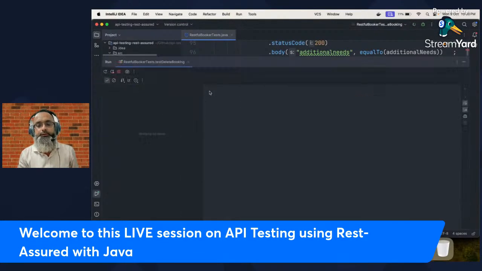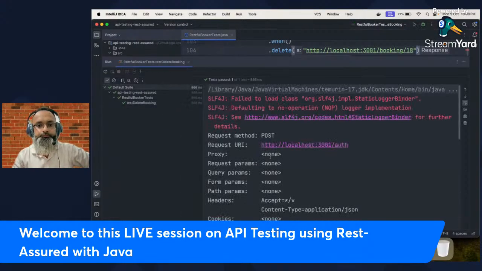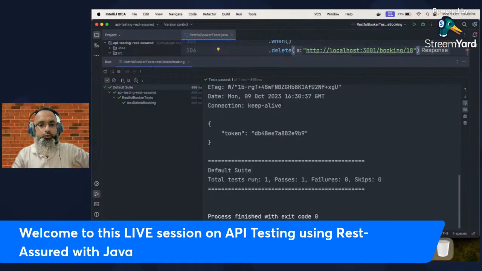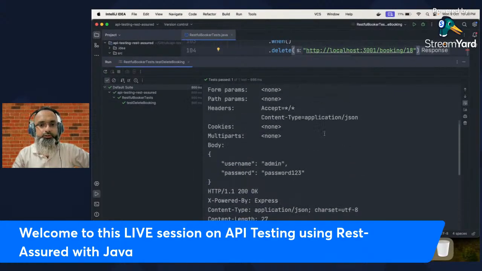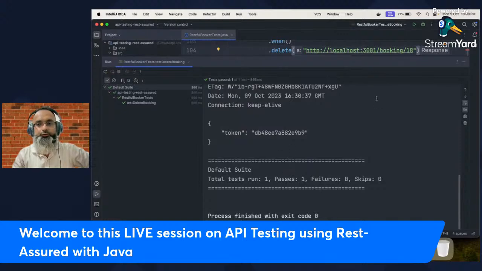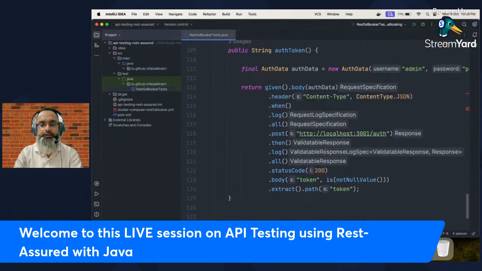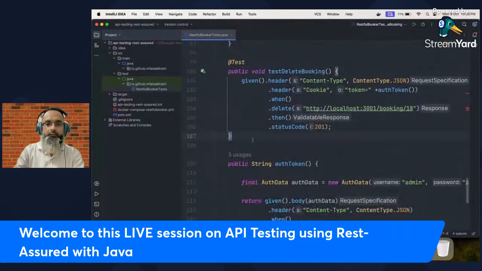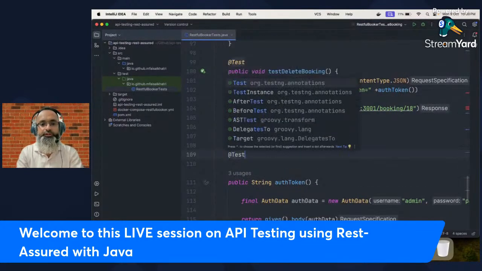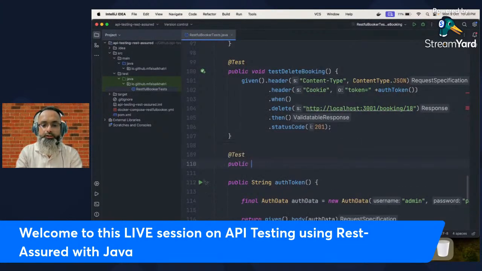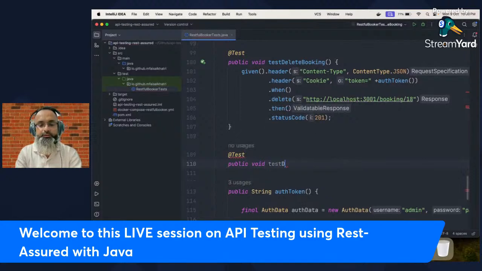Let's run this test again. And we can see the token only getting generated here, but we don't see anything coming as a response for the delete, since we haven't put in any log for that. One more check we can do to see whether the booking was deleted successfully is to write a new test, like test